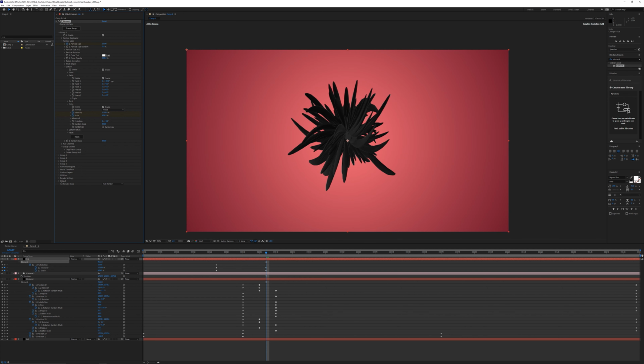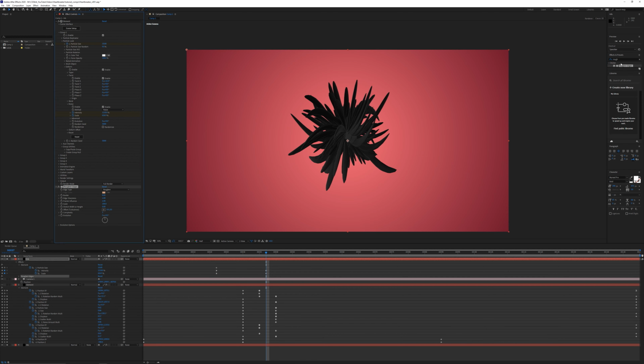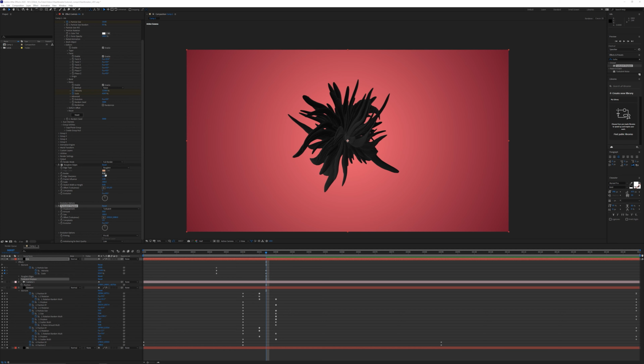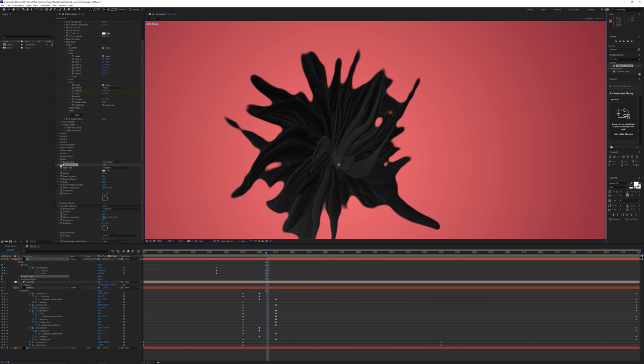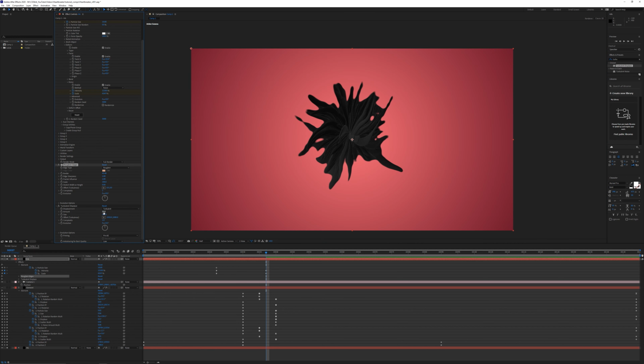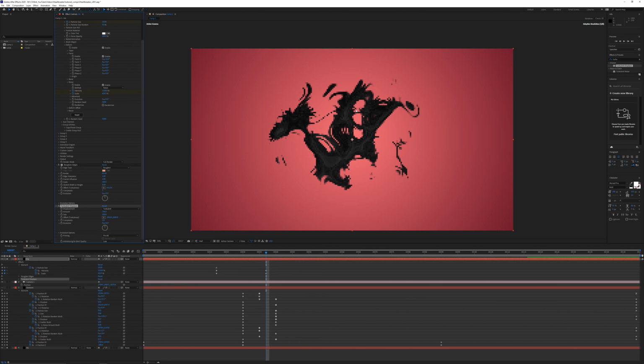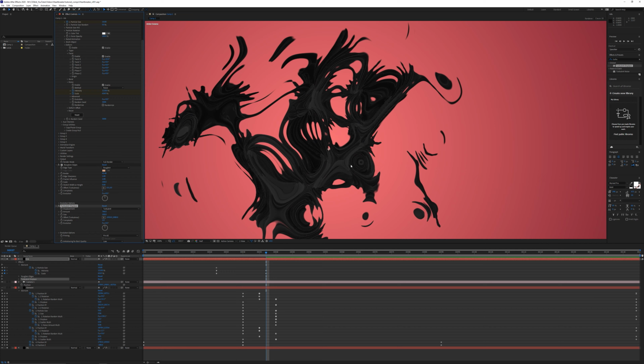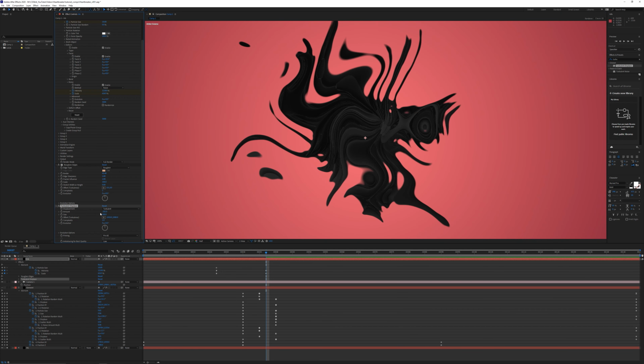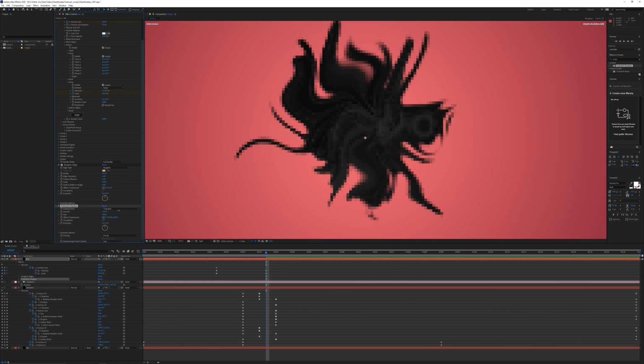If we go up to the twist and we just play around with the twist. Now, of course, you can animate the twists and we can animate these properties if you want to, but we're actually going to add on some other effects. So we're going to grab a roughen edges effect and then a turbulent displace effect. On the roughen edges, we can increase the border to around 45, and you can see how that softens the edges, but then it also combines some of the tendrils together. And then for the turbulent displace, if we increase this amount a lot, we can get some very weird looking abstract shapes. Or you can also do negative values too. So something like this is what we're going to use for our ink.